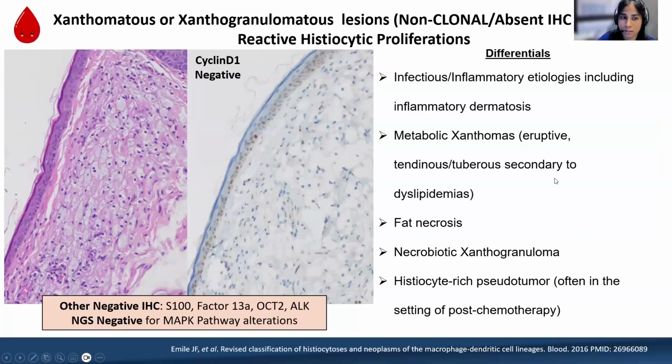The other differential diagnosis to be considered would be metabolic xanthomas, such as dyslipidemias, fat necrosis, necrobiotic xanthogranulomas, and histiocyte-rich pseudotumor. This is an entity we typically see, at least on the hematopathology side, in patients with lymphoma. After they undergo therapy, they present with a PET avid lesion. When you biopsy the PET avid lesion, they're usually composed of this histiocyte-rich pseudotumor, and they are not true histiocytic